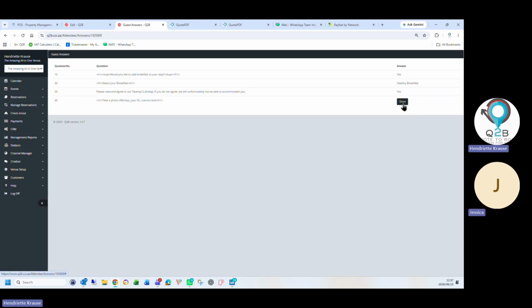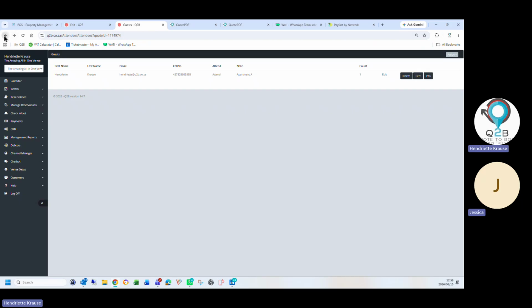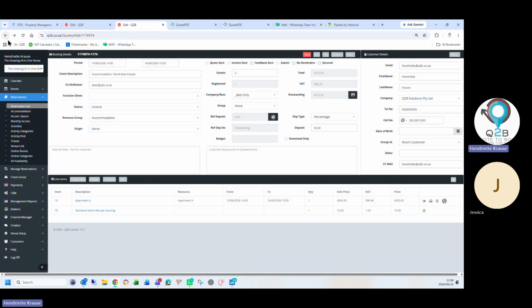And if you say take a photo of your ID or passport, it will display the photo that they've taken. Okay, so it helps a lot not to keep all the indemnities on the side. All right. Any questions on this screen so far?